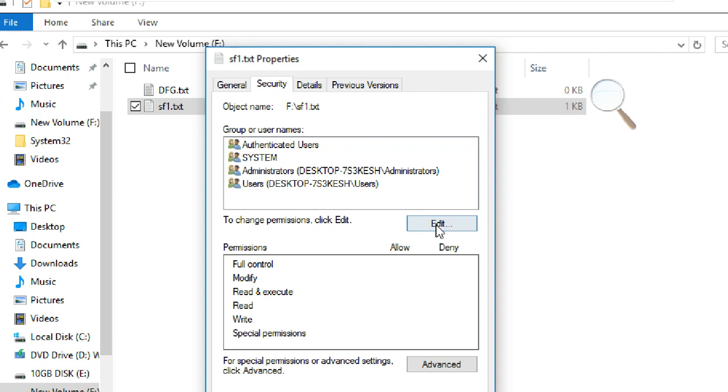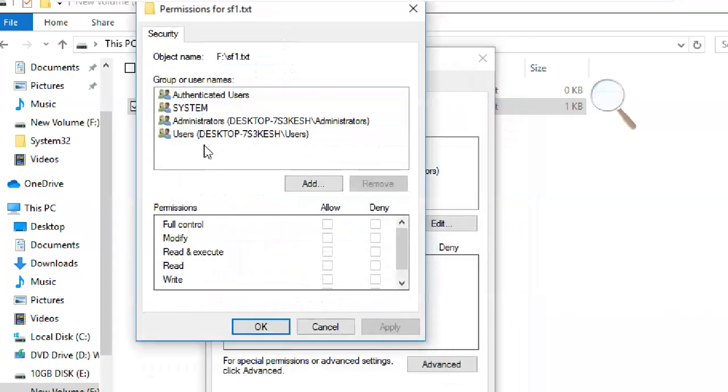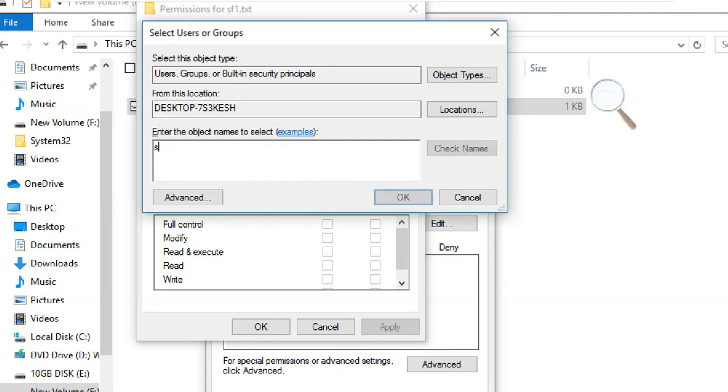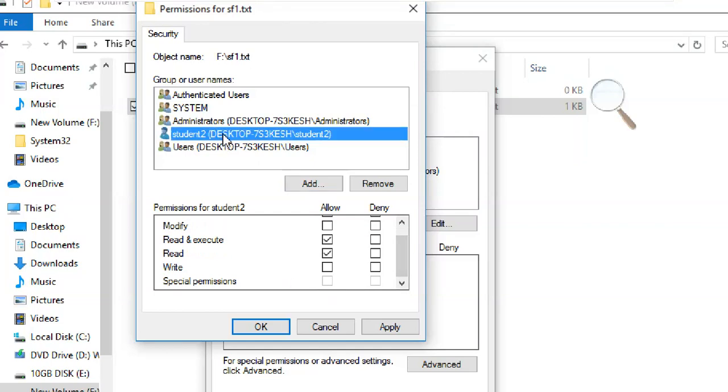These are the default permissions. Click on edit. Click add, type student2, check names. If it exists, it will show like this. By default click on student2, so make sure you click on student2. Read is already allowed, write has nothing, allow or deny both empty, so I'm selecting deny write.